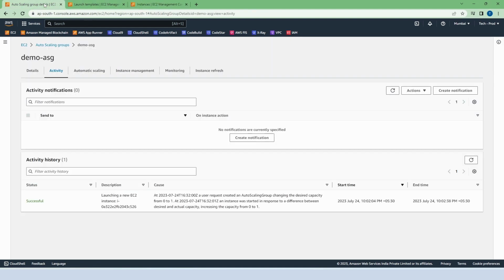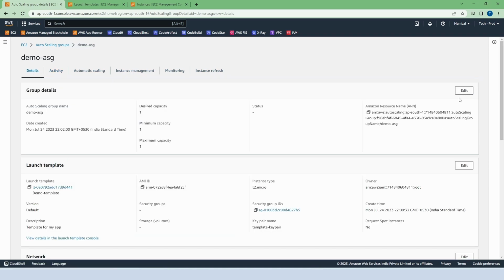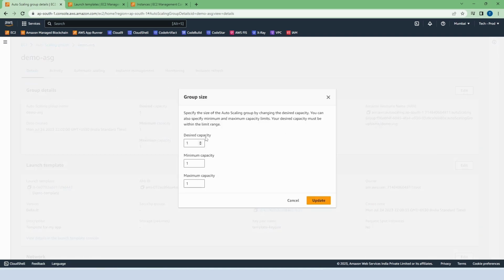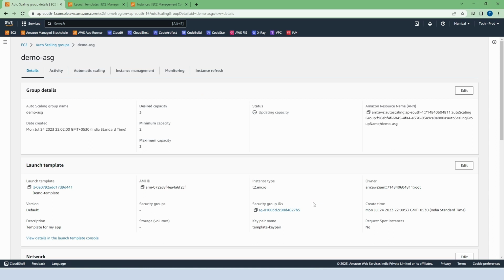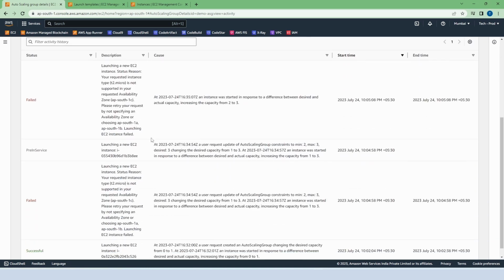Now go back to auto scaling group. This time let me edit some instance capacity. Click on edit. Let us put 3 in desired capacity, 2 in minimum and 3 in maximum capacity. So after some time, let us click on activity and you can see there is an option of failure because